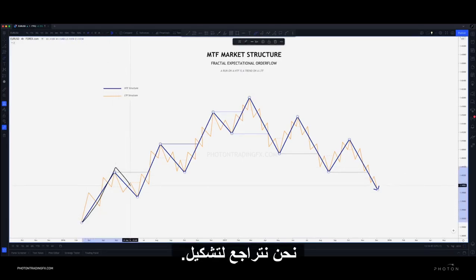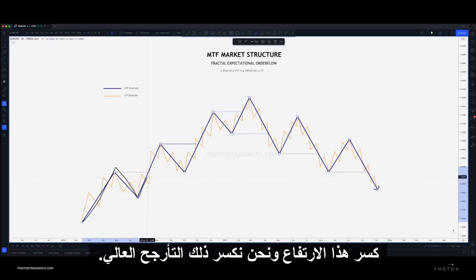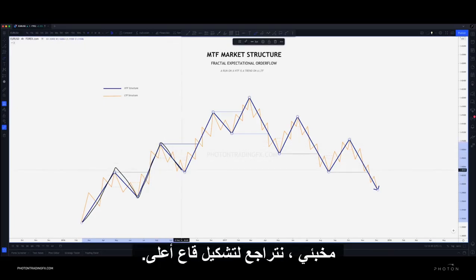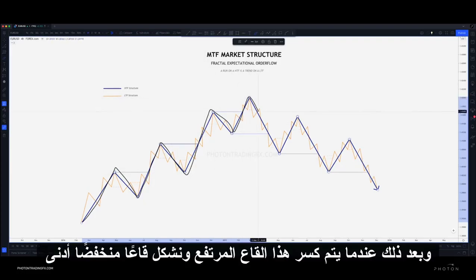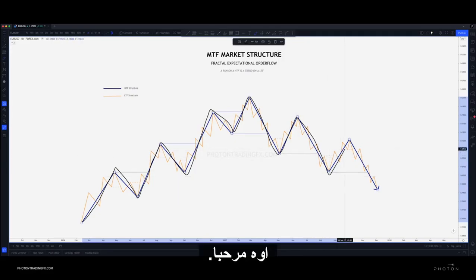We pull back to form what may potentially be a higher low, which is then confirmed when we break that swing high, we break structure to form a higher high. We pull back to form a higher low. We make a series of higher highs, higher lows, higher highs. And then when that higher low is broken and we form a lower low, that is when we get a confirmed trend change. And then we pull back to form a higher high, lower low, higher high, and lower